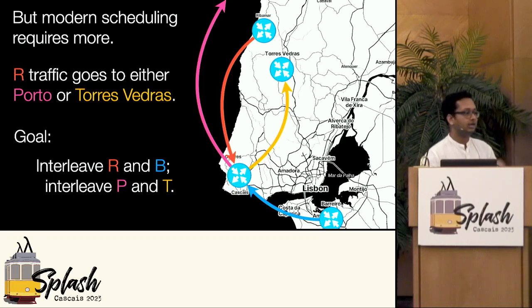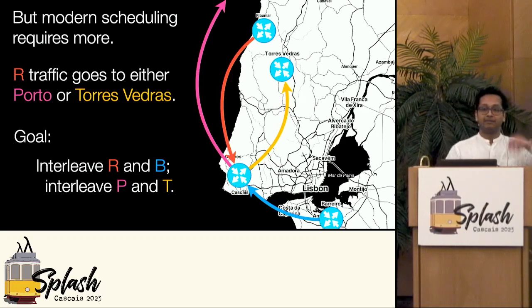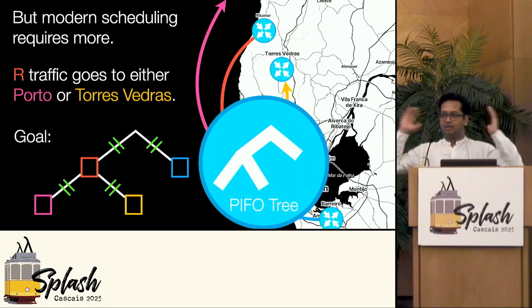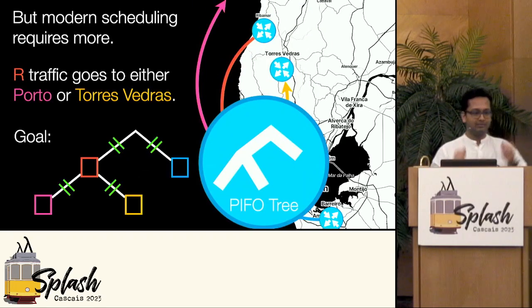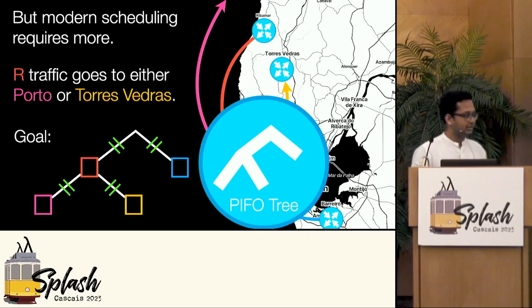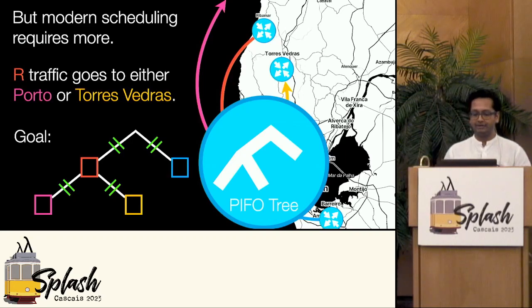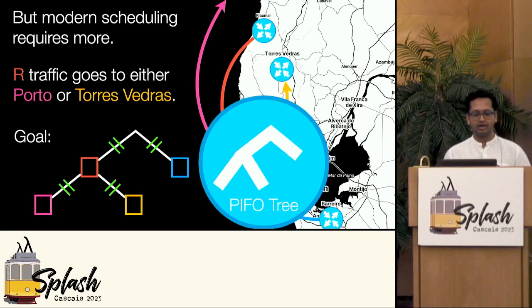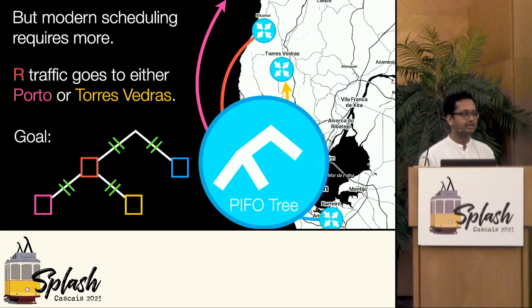My PIFO is not going to be able to handle this, but thankfully, from SIGCOMM Valhalla, I've received a PIFO tree. This is a mythical beast. It doesn't actually exist in reality, but it's been given to me gratis for the purpose of this talk. And it totally solves the problem, right? This is a tree-shaped challenge, and I have a tree-shaped solution. Great, life is groovy. In fact, the PIFO tree can even do more than I've asked. It can do arbitrary sorts of sharing, not just equality. It has state. Very, very nice.